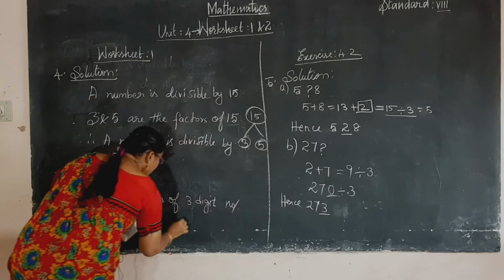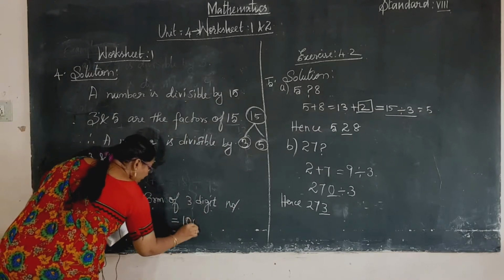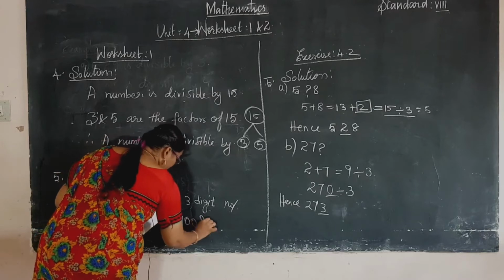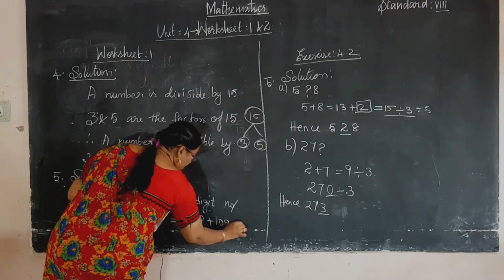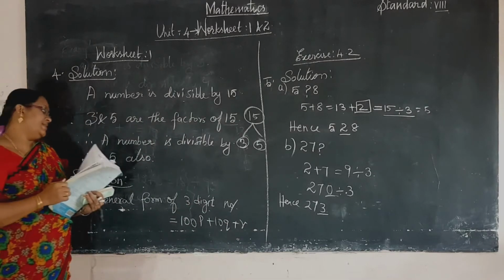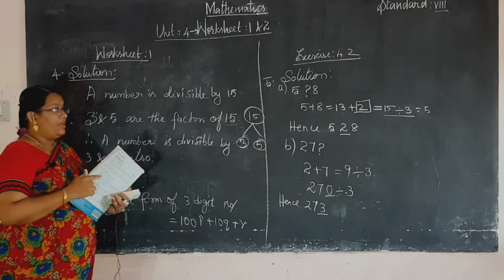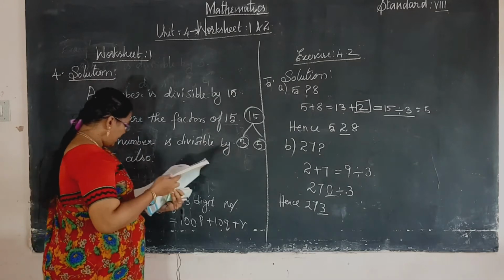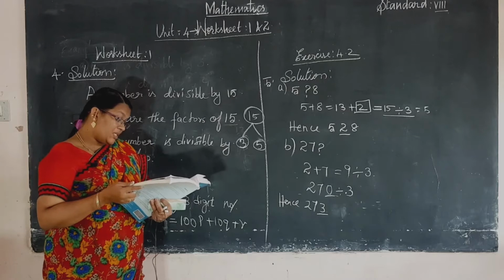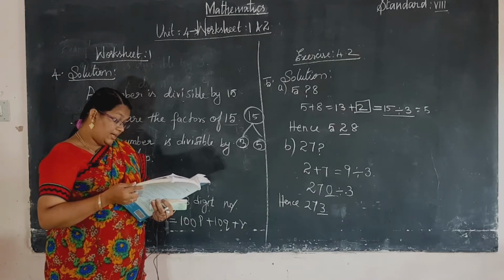A 3-digit number is equal to 100p plus 10q plus r. r is the ones place, 10q means the tens place, and 100p the hundreds place. Okay, that's it. And next one, sixth problem, write a 3-digit number divisible by 3 such that its tens digit